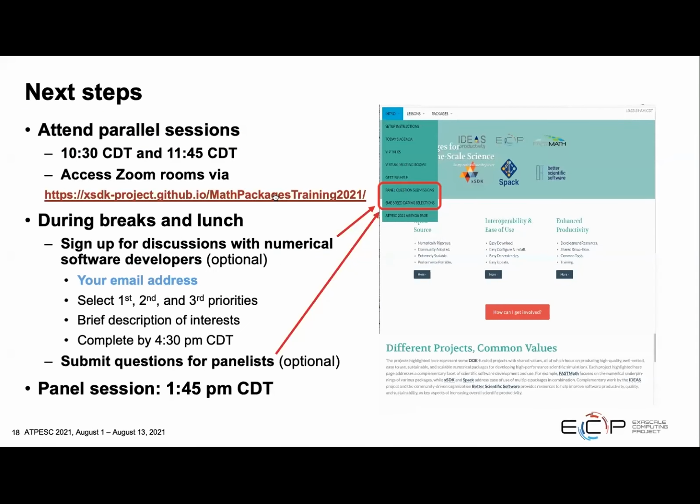So the next steps logistically are, like I said, attend parallel sessions at 10:30 and 11:45 Central Time. The Zoom rooms for these different sessions are available on the website in the agenda. There's also a dedicated page for virtual meeting rooms. And I want to point out these two